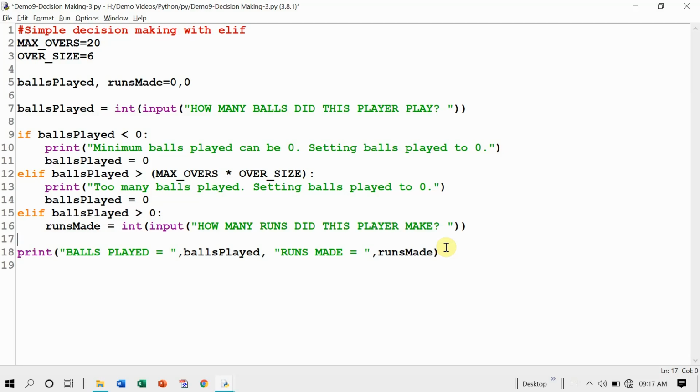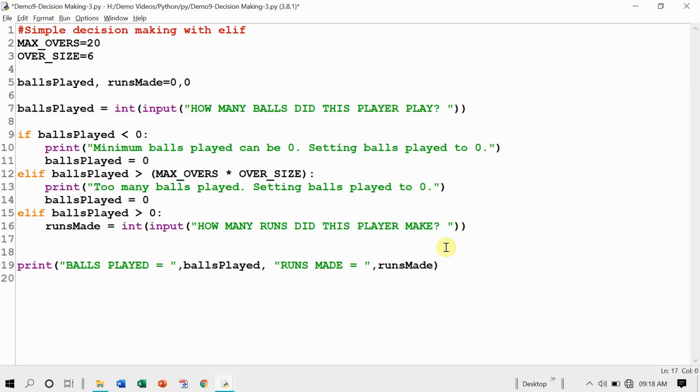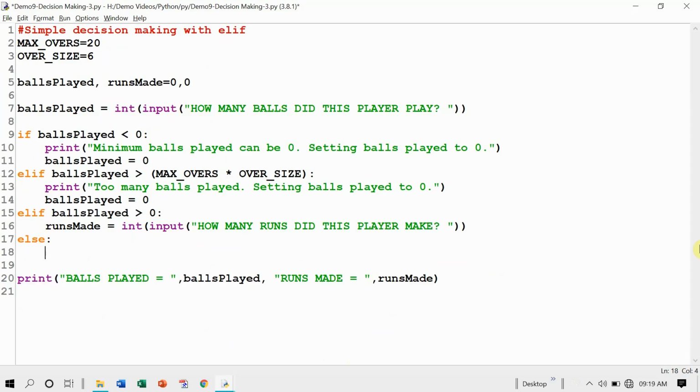So notice here how the elif keyword is being used to check further conditions. You can have any number of elifs depending on the complexity of the problem you are solving with a program. And finally, one possibility is left, that is being handled by the else keyword here. What is it? Just have a careful look here. We're displaying "player has played 0 balls." Why? Because after all the possible conditions, what is left is only the 0 balls.